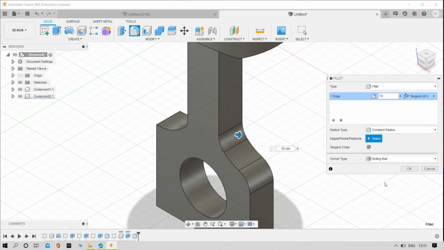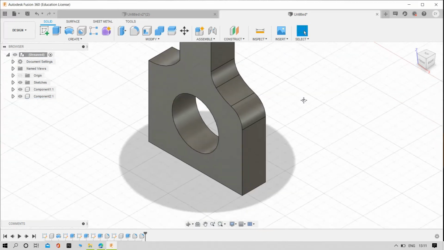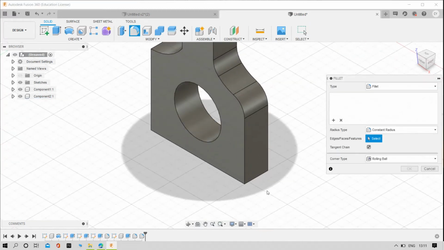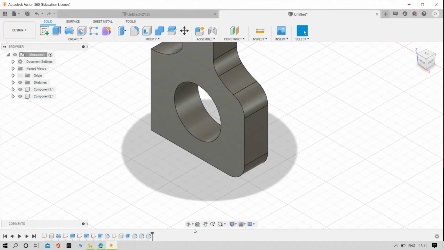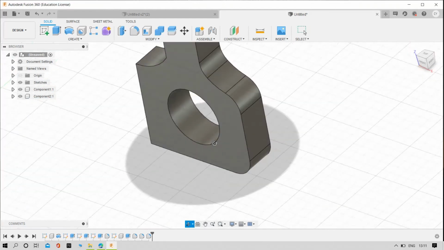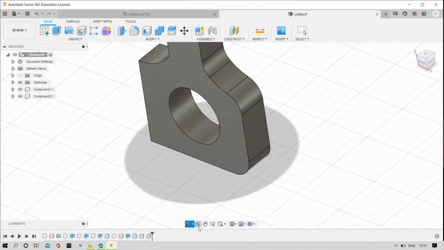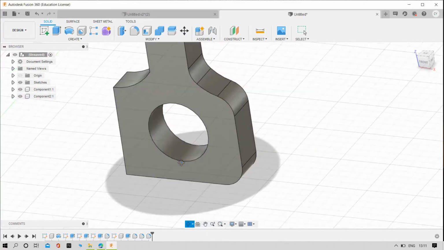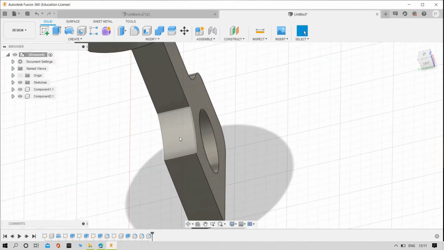Yeah, again repeat the operation for opposite side also. Click OK. Again try to rotate the part. Again fillet command.